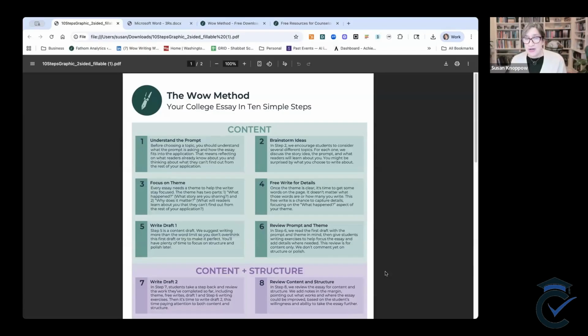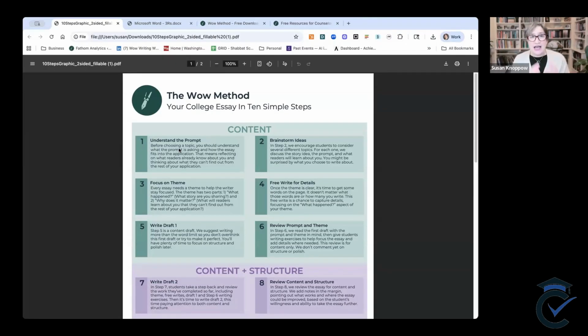Some of you have been through our training. I know that. Our college essay experience training. You actually write an essay with a WOW coach following these 10 steps, and then you decide what you want to do with it in your own practice. So these 10 steps are at the center of everything we do. They are foundational to how we think about essays, how we think about essay coaching, how we think about our colleagues. So I want to talk a little bit about the 10 steps.